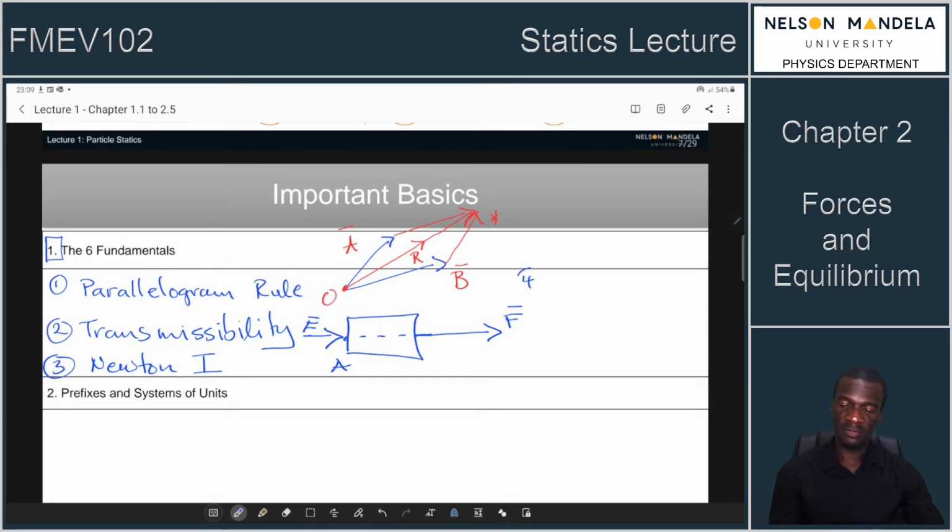Then your fourth fundamental is your Newton 2. The net force that is acting on a body is directly proportional to the acceleration of the body in the same direction. Then your Newton 3, action and reaction are equal and opposite. That's your fifth principle. The last principle is the principle of the gravitational force, basically telling us that the objects